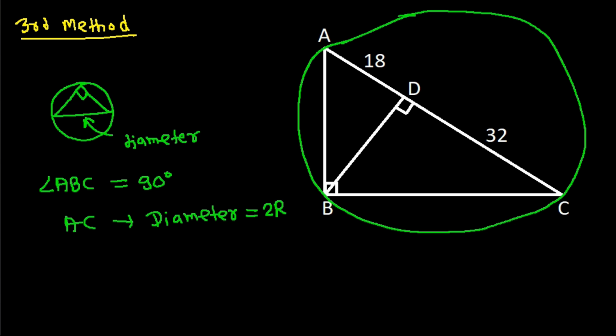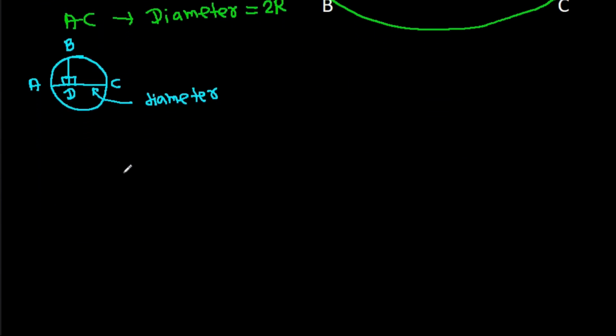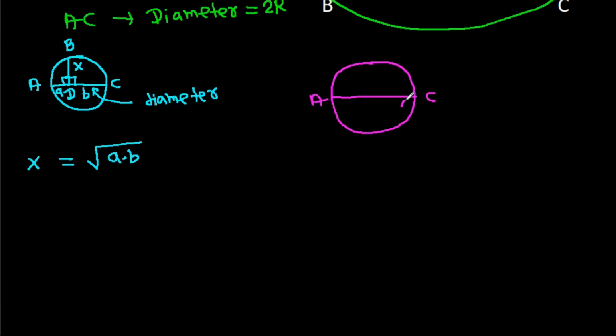And now in any circle, if AC is diameter, and if we draw a perpendicular BD on AC, suppose BD is X, AD is A, and CD is B, then X, it will be a square root of A times B, because we have a circle and AC is diameter,